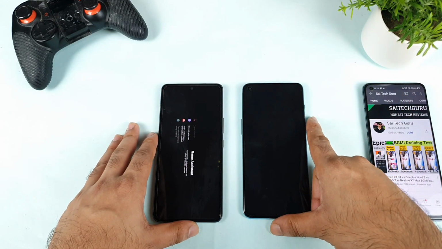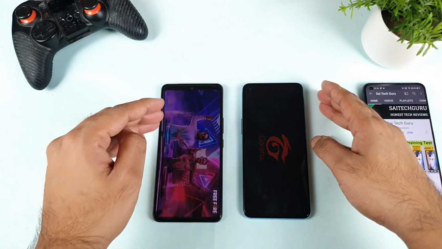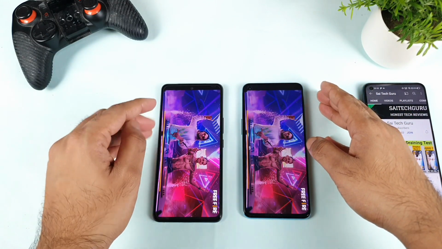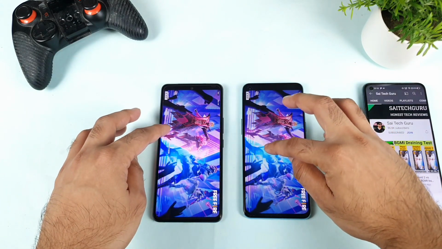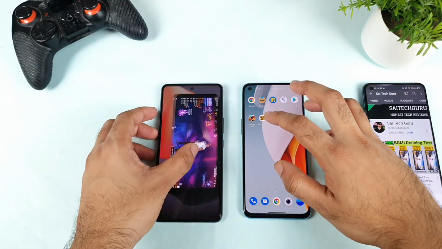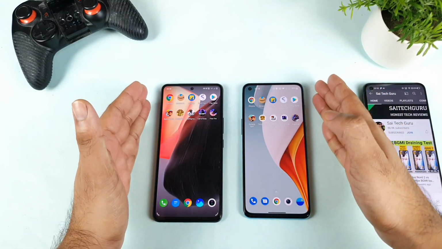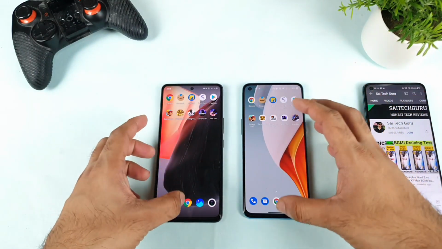So how much difference can it be? Opening speeds, I think both are kind of close at this moment. No, the iQOO 7 device was able to open slightly faster. As you can see, friends, slightly faster on the iQOO 7 device, not bad. So overall, if you use the high performance mode on the OnePlus Nord 2, definitely we can expect better results in terms of speed and opening comparison with other Snapdragon processors.